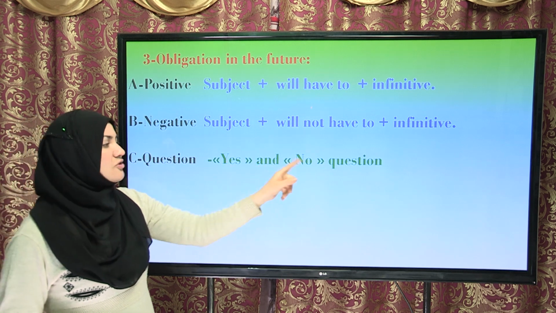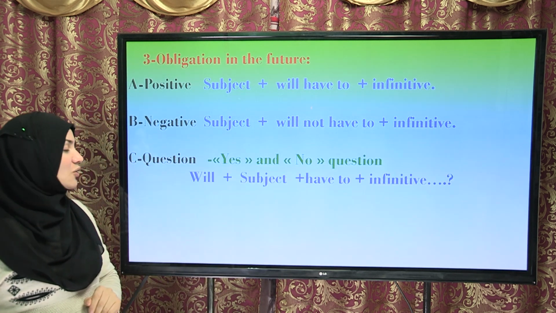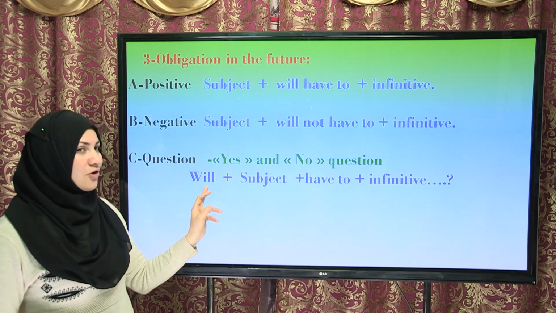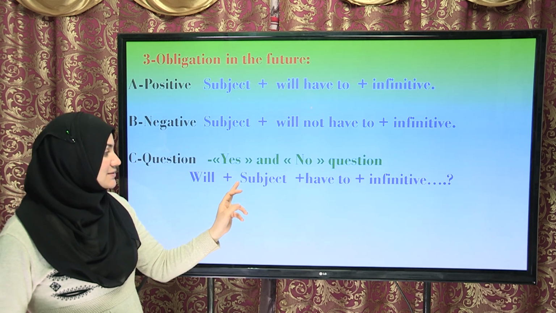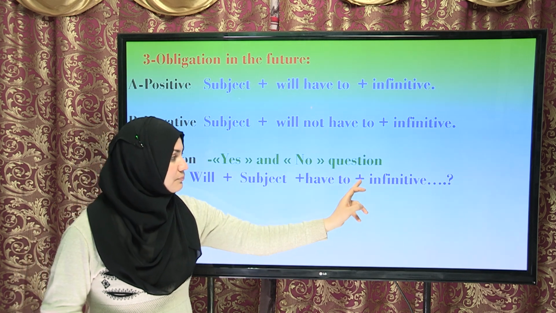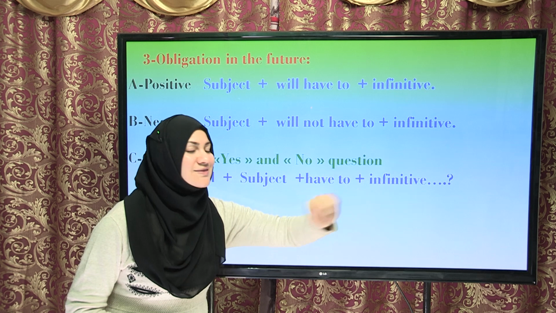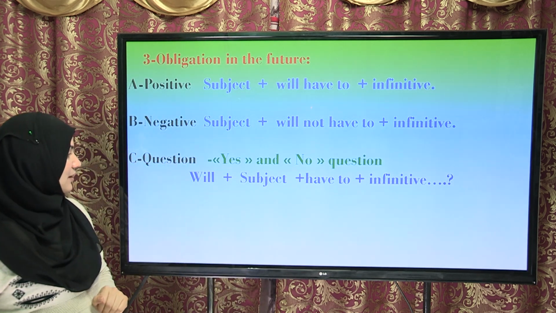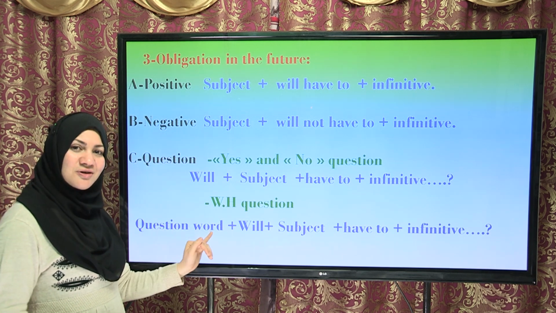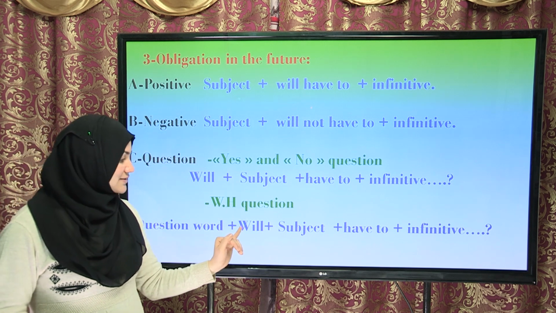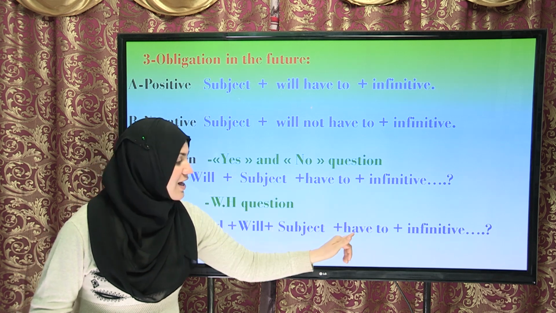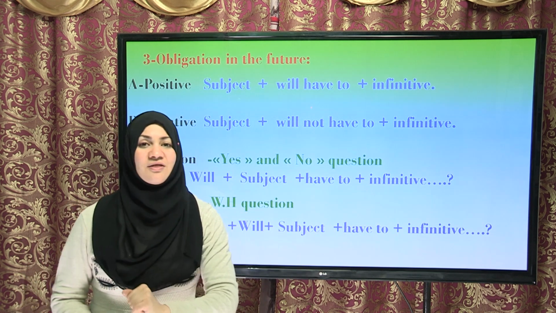Question. We have yes and no questions. The same thing. We always start yes and no questions with will. So the form will be will plus subject plus have to plus infinitive, the rest of the sentence, and question mark. WH question, of course: question word plus will plus subject plus have to plus infinitive, the rest of the sentence,